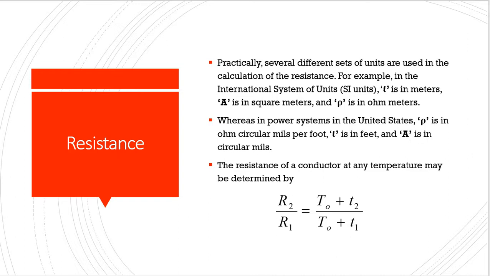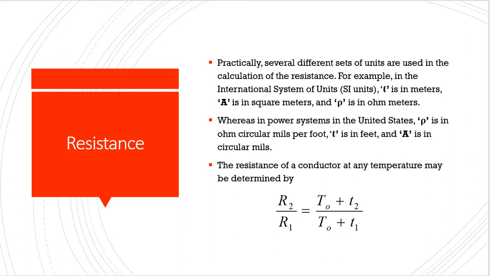Depending on the requirements, we can calculate with the help of different parameters or units. In SI units, length is always measured in meters, area is in square meters, and resistivity is in ohm meters. Basically, why do we take ohm meters? Because we consider the per unit length. I will describe this concept later in this slide.